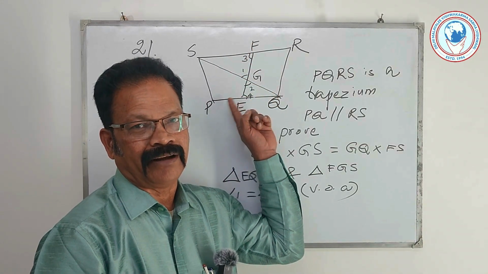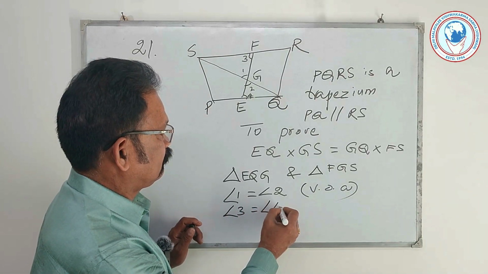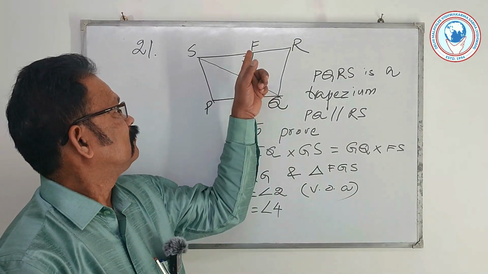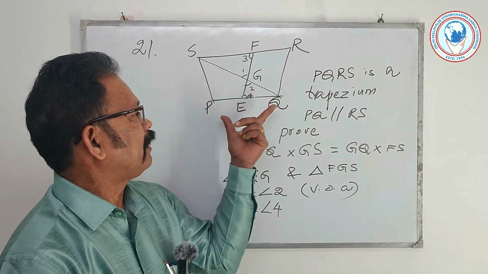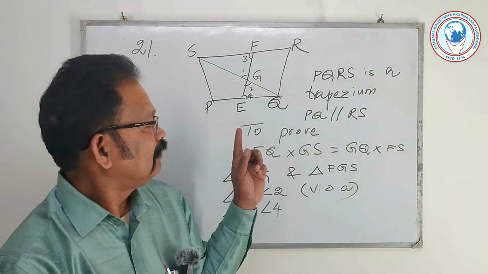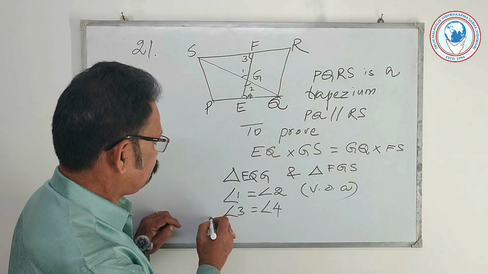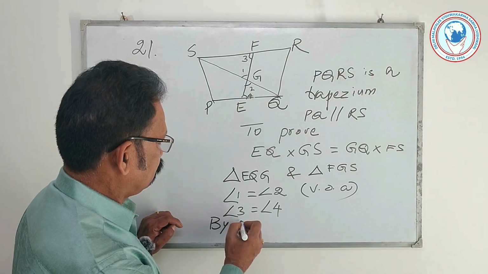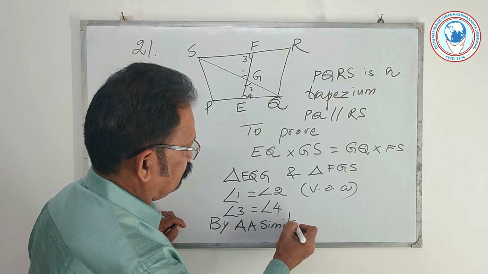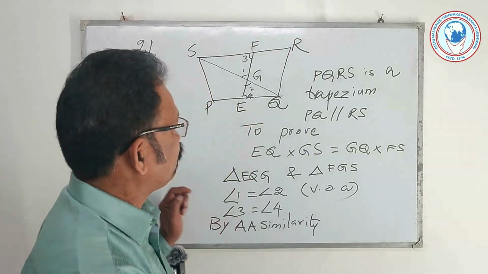Angle 3 equals angle 4. See, SR is parallel to PQ. Therefore, 3 and 4 are alternate interior angles. They are equal. Therefore, by AA similarity,